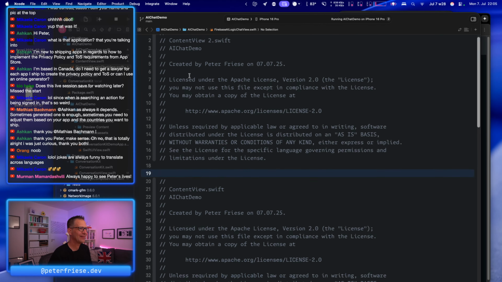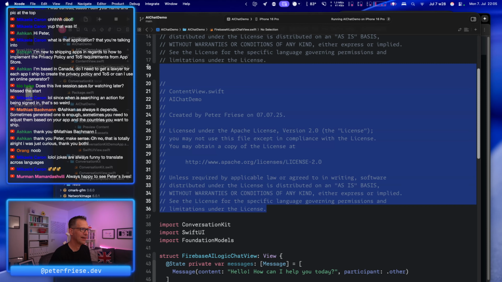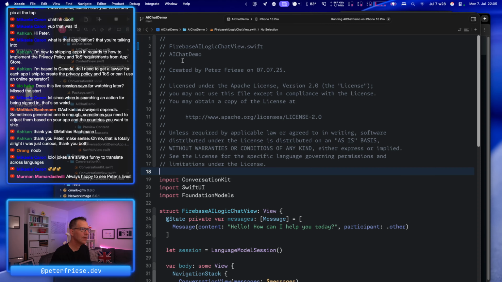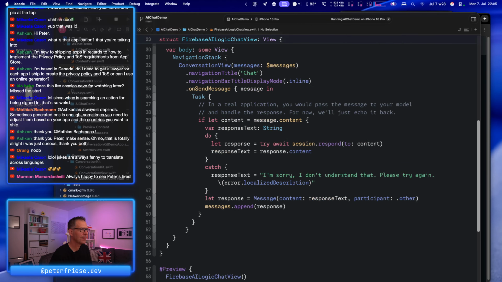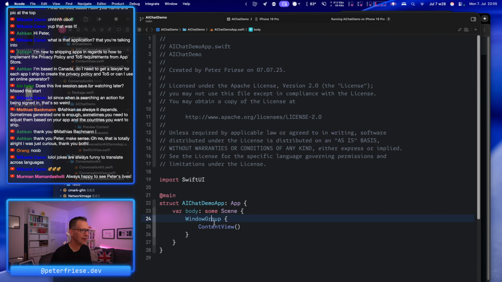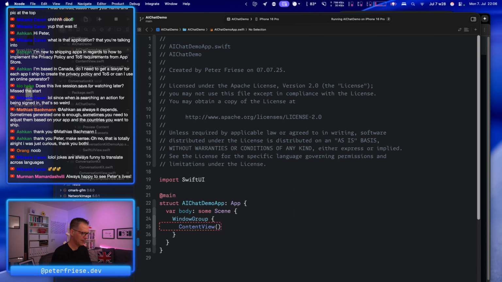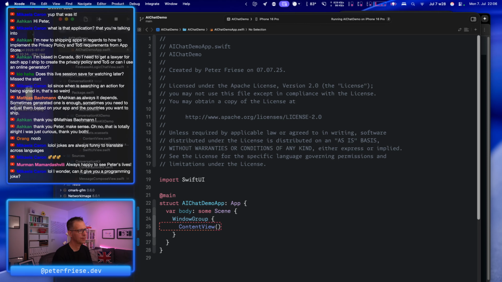All right, so I mean, why do I even have those headers in here? They're just eating up space. So we've got a duplicate view, and now let's go in here and then tell the model to do its thing. Open coding tools. Can you please add a tab group and add the Firebase AI Logic view as a